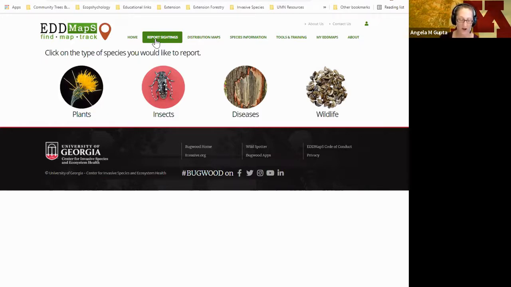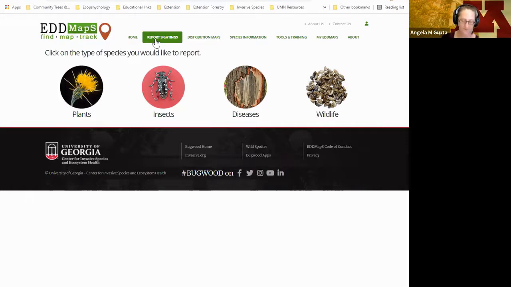And so on your screen, I'm hopeful that you're looking at the information on the right, which will give you an overview, images, maps, where it's been found locally. And then at the top, often it moves around a little bit, is the report feature. And so in there, you can do the report. Now, this, in my opinion, is the fastest and easiest way to do a report in EDDMapS